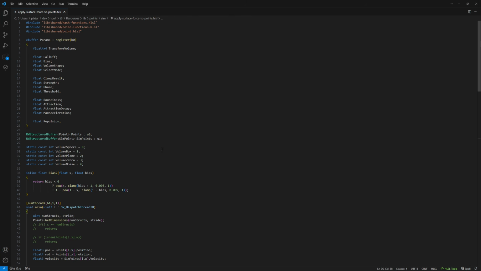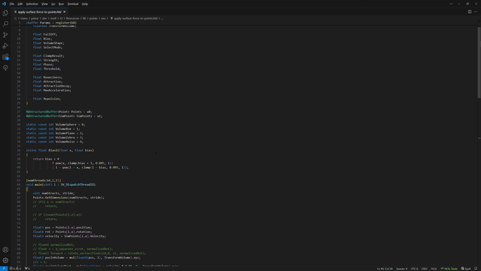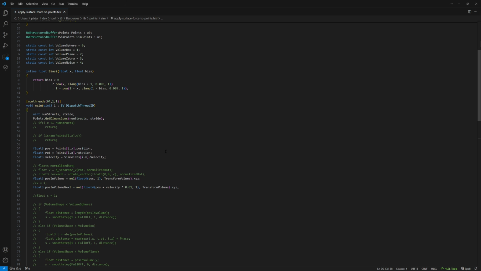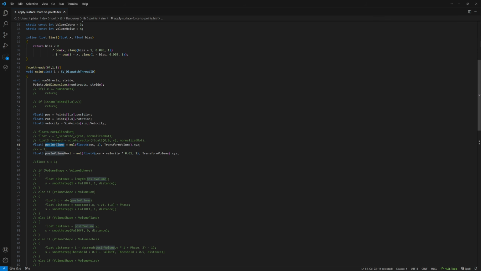So it's probably a very confusing explanation, but if you look at the code, we take the position of the particle and its rotation and its velocity, and then we have this position and volume. We get this by transforming the position, and yeah, if you are confused about why this needs to be a 1,